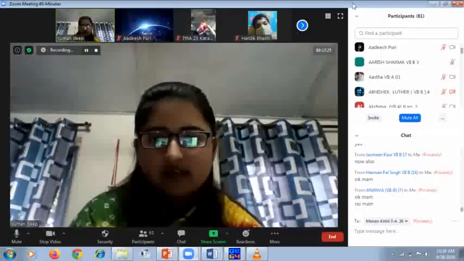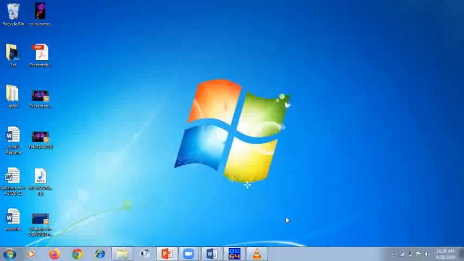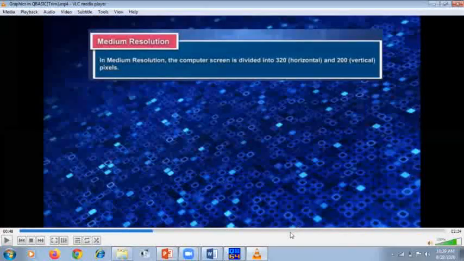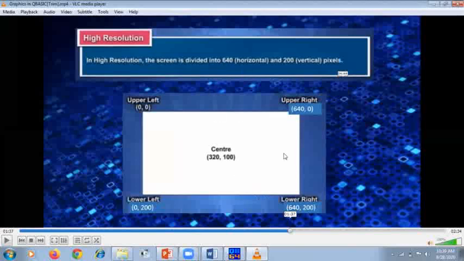Very good. Now I'll tell you about the difference between high resolution and medium resolution. Okay, so let us share our screen. In this you can see, this is my high resolution. In high resolution, screen 8 is used, right? The difference between screen 8 and screen 7 is basically the number of pixels, the screen resolution.